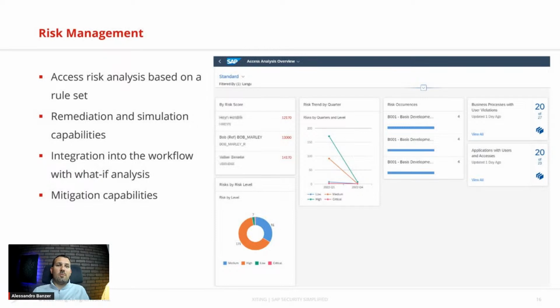So what we also have to be able to do is analyze risks cross-system. We're not only looking into S/4HANA and what risks they have in S4. If part of, for example, a PO process is in Ariba, then we have to have the ability to run a cross-system analysis, because the SOD is not in one system; it's now across two systems, and that needs to be analyzed cross-system.